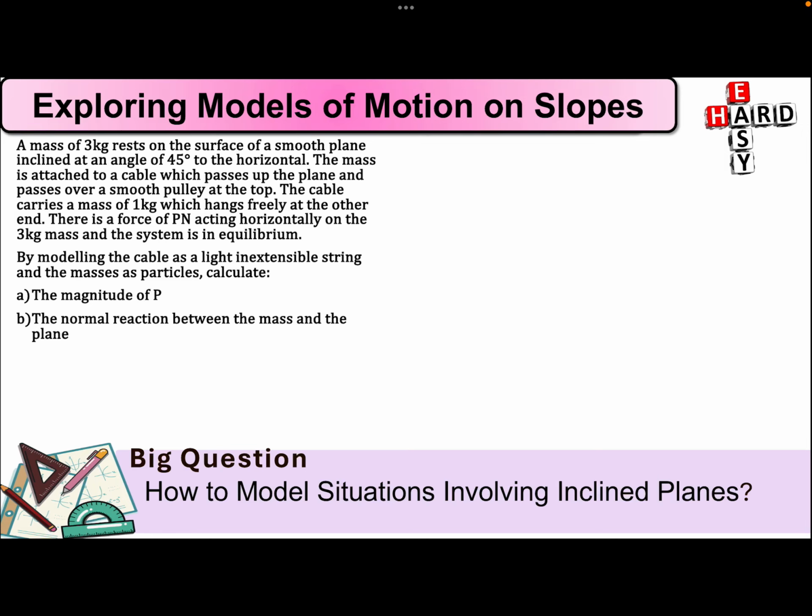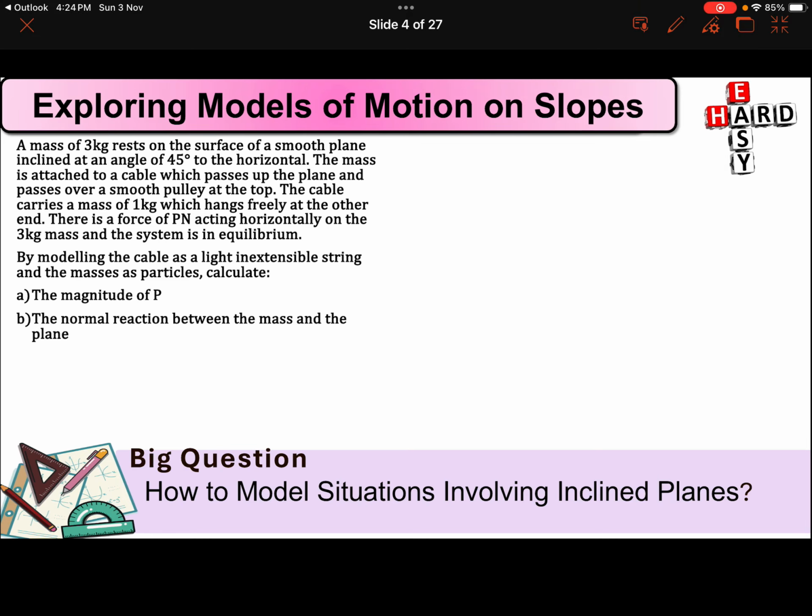So a mass of 3 kilograms rests on a smooth plane. If we start with a diagram, the plane is inclined at 45 degrees to the horizontal, and the mass is attached to a cable which passes up the plane and over a smooth pulley at the top. So we have the 3 kilogram mass on a smooth plane, and the cable passes over a smooth pulley,